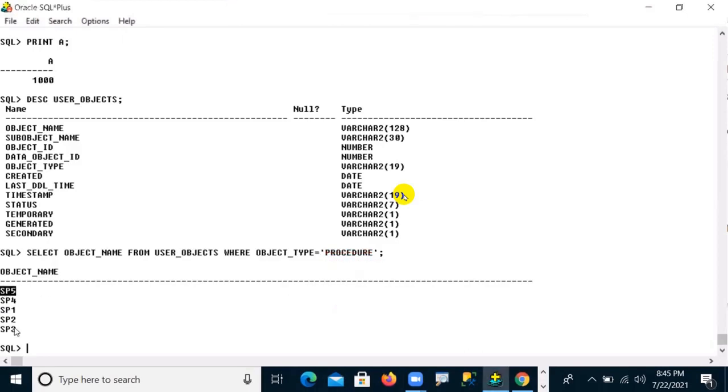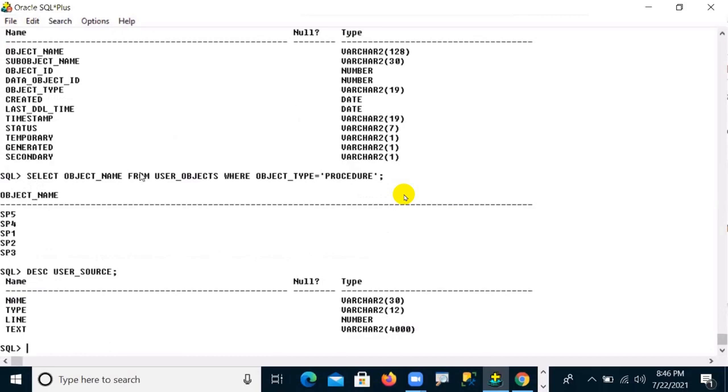After that, any procedure source code: I said subblocks are saving your code, whatever code you write under subblocks is automatically saved in your database memory. Now if you want to see that code, you have to write like this. One more data dictionary is there, called user_source. I can see my source code in this. Some columns are there, one is name and one is text. Text means source code. For example, select text from user_source, where name is equal to